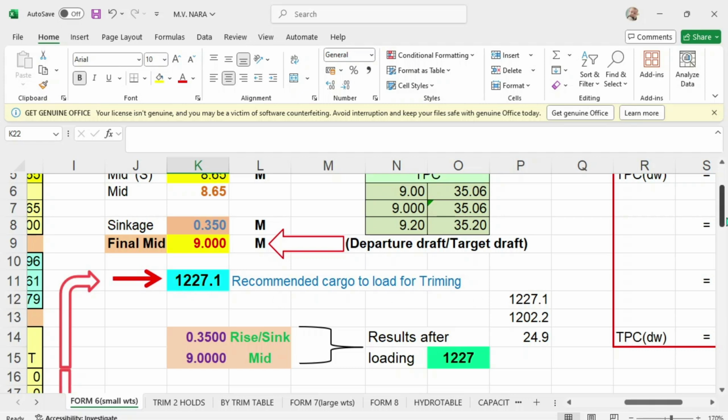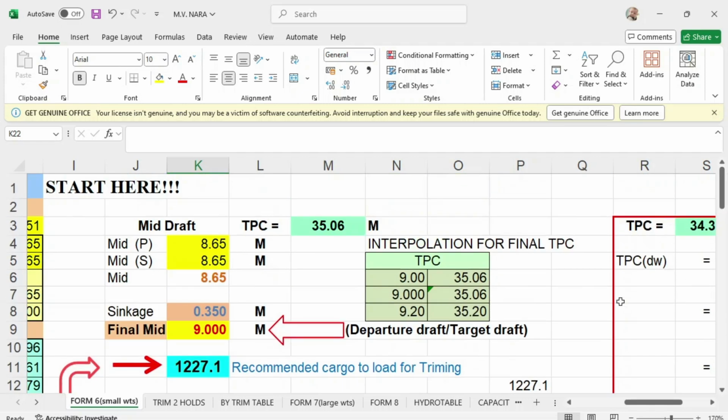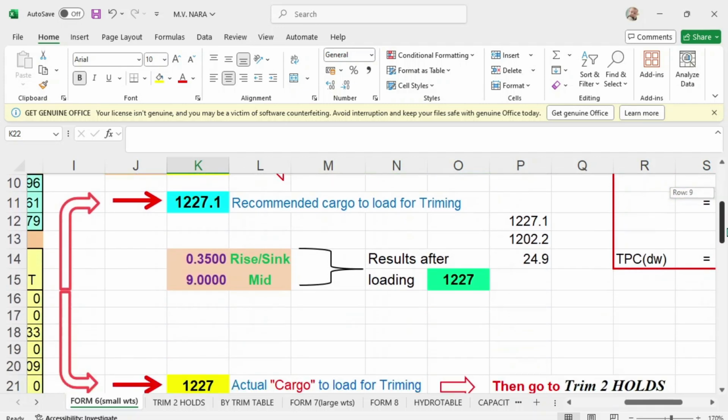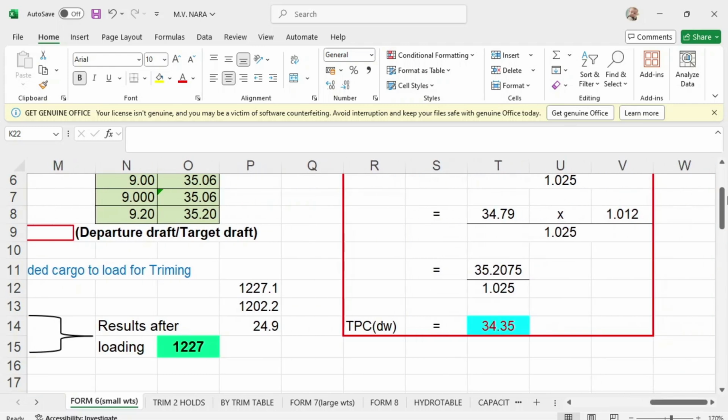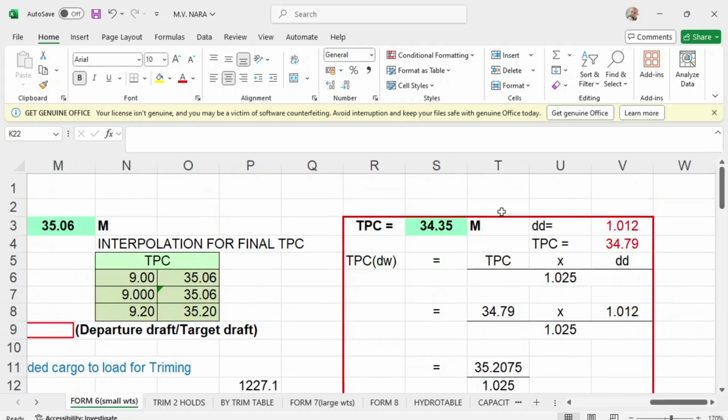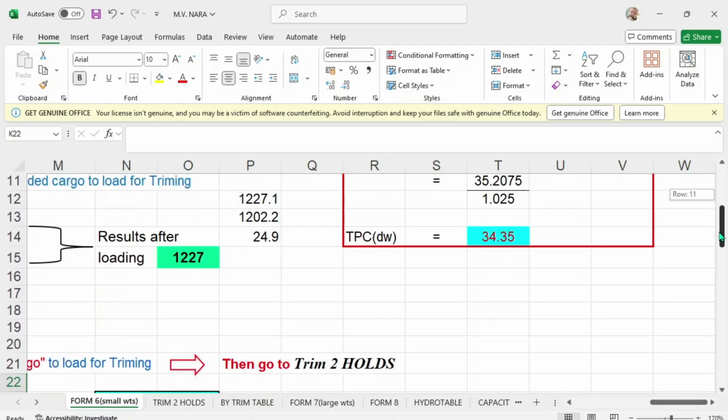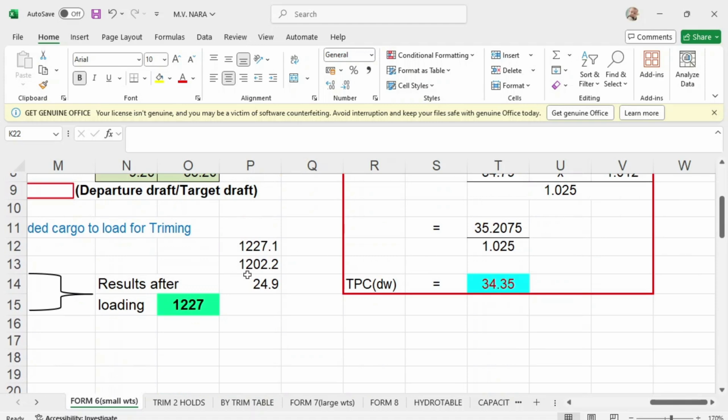When you use the density of 1.0506, your cargo is 1221, and when you use the density as recommended by the problem, using the dock water density to get the TPC, it will be 34.35, which is 202.2.